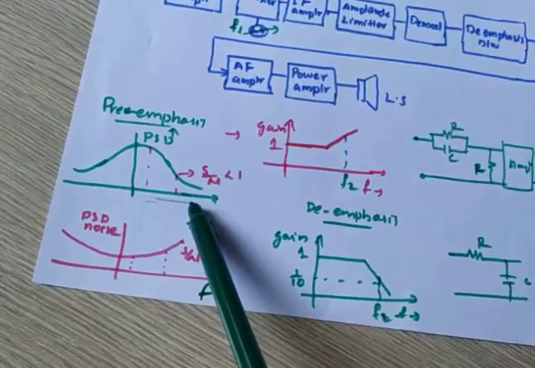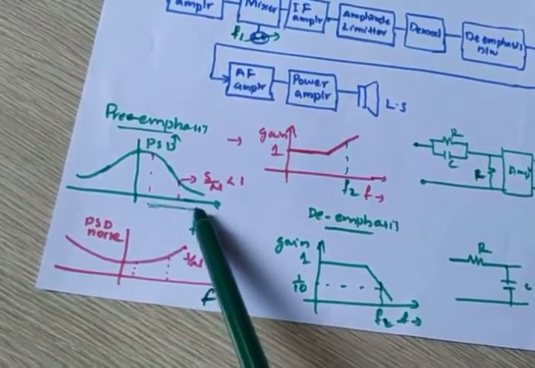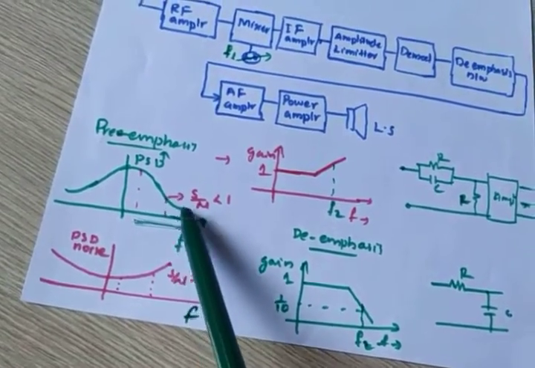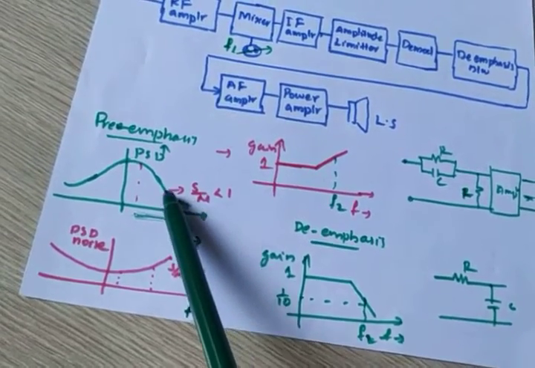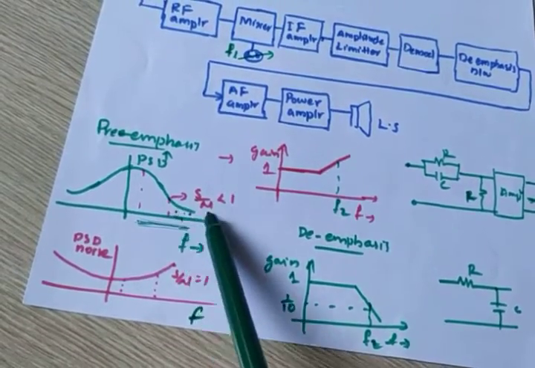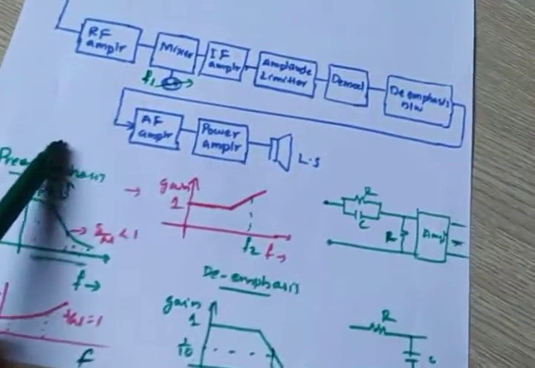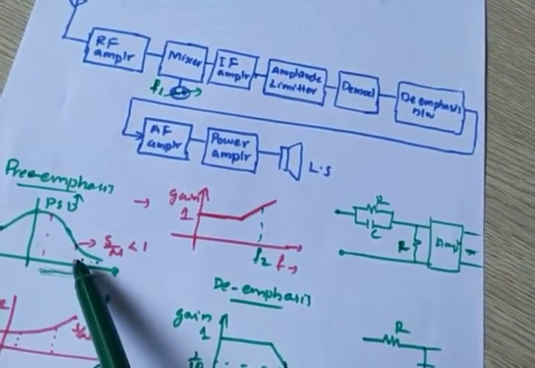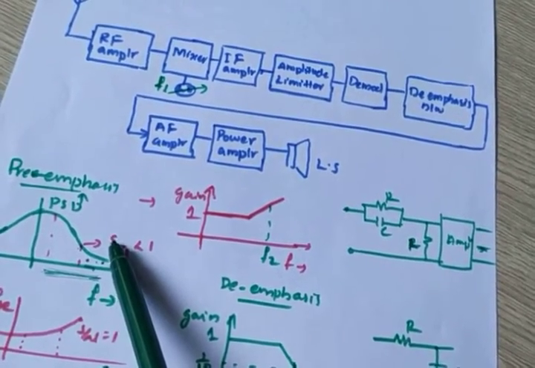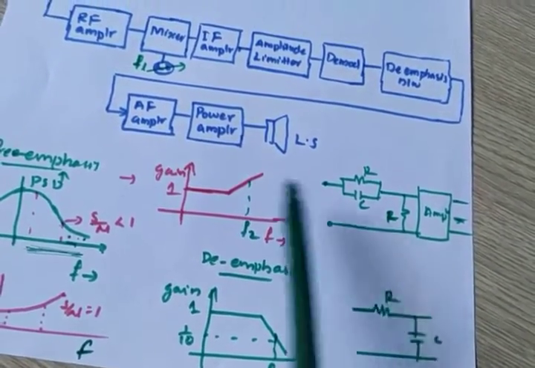FM means frequency modulation. Now frequency is varying according to the amplitude of the message, so a large number of frequency variations are there. At a high frequency there is very, very less gain, that means very, very less signal power. So my signal is getting lost or distorted. Why? Because the power is very, very less. It won't be transmitted enough distance. So I need to boost the high frequency signal to a high power value or high strength value. For that I am using a circuit, and this circuit is called a pre-emphasis circuit.